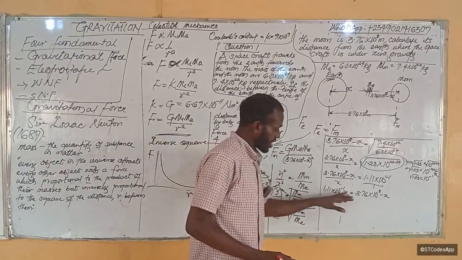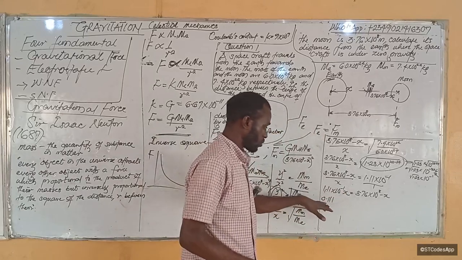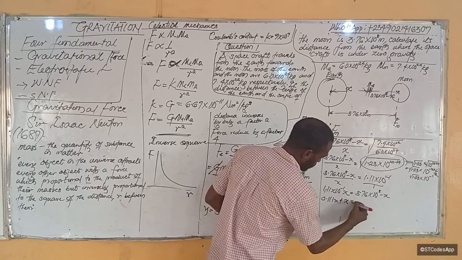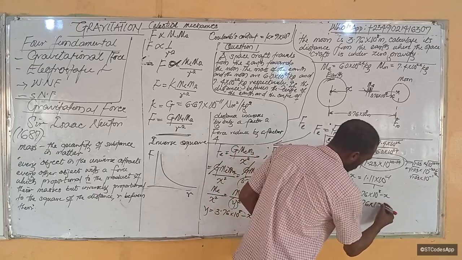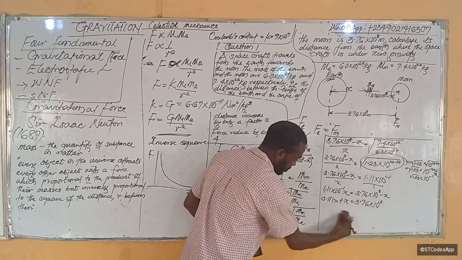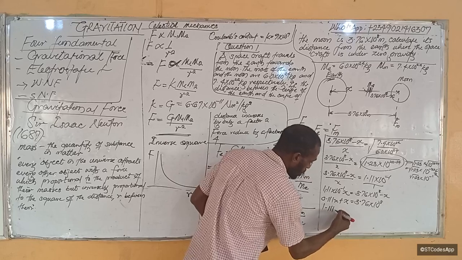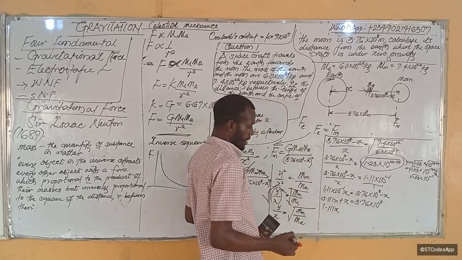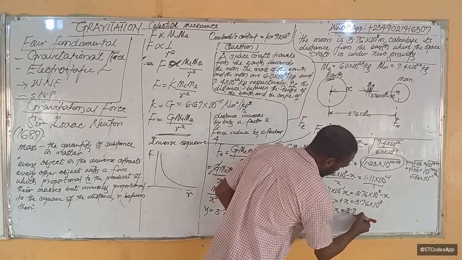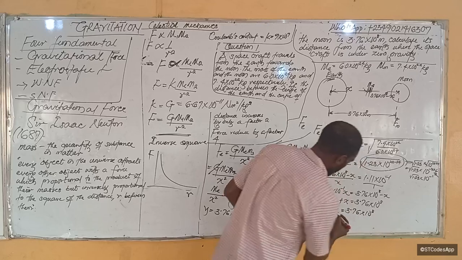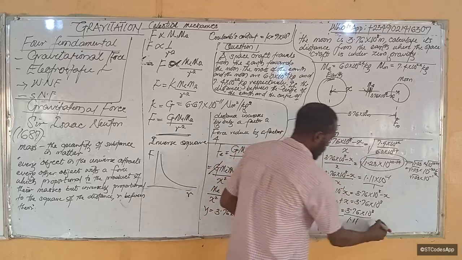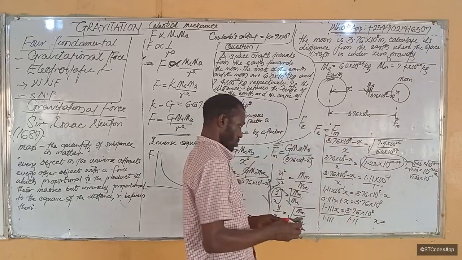This is like just saying divided by 1 over 10. So if you divide by 1 over 10 you get 0.111x plus x is equal to 3.76 times 10 to the power 8. So by the time you add it, it becomes 1x plus this becomes 1.111x. Is that clear? 1 plus this becomes this, is equal to 3.76 times 10 to the power 8. Divide both sides by 1.11, and x will give you